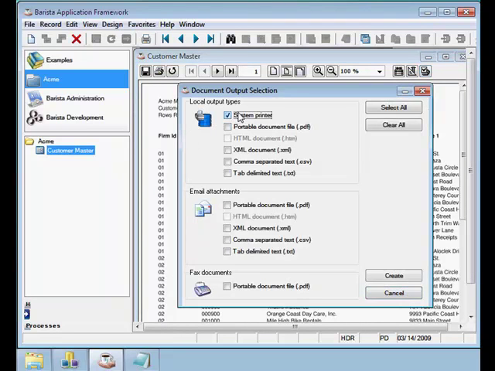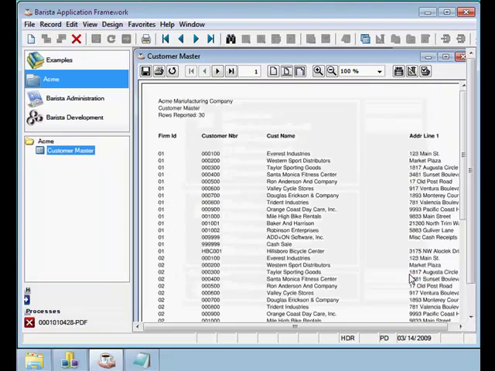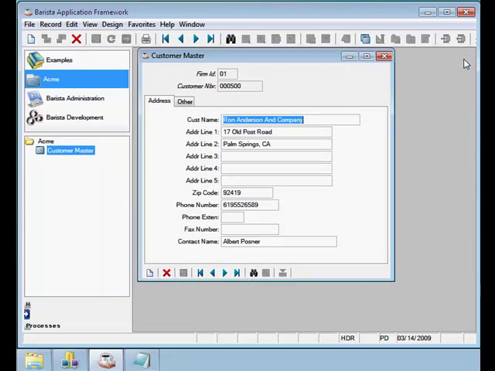We can also produce output both to a system printer and to a PDF file format. We could email the PDF format, or we could even fax that PDF file. All we'll do at this point, though, is produce the PDF output. So by clicking on the Create button, we create the PDF output of our customer master file listing. And there it is. Within just a brief few minutes, we've gone from a string template, data file definition